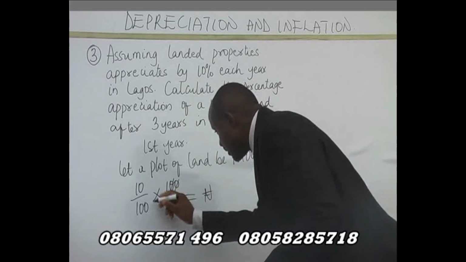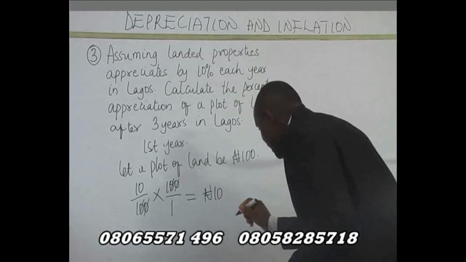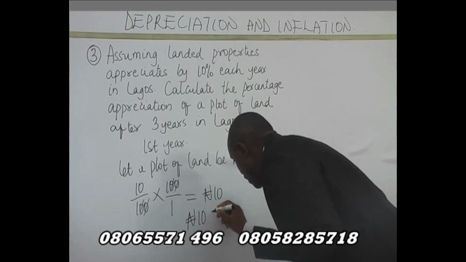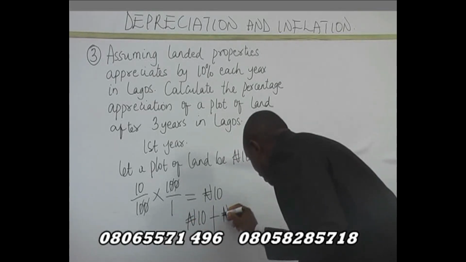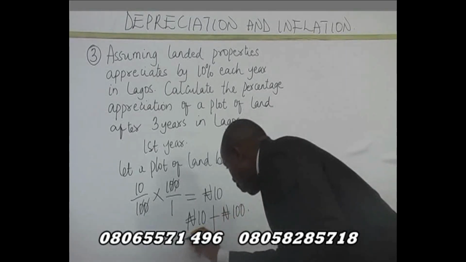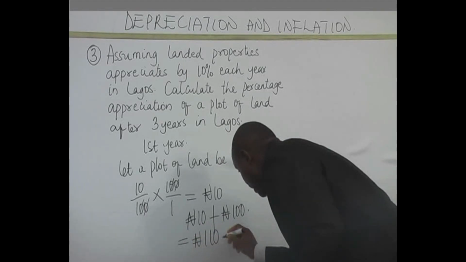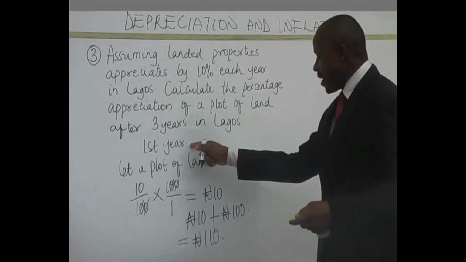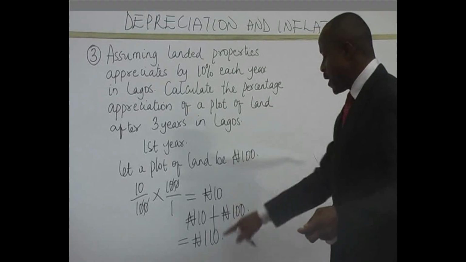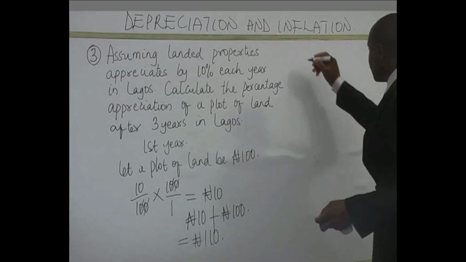Because this will cancel this, this will cancel this. You'll be left with 10 naira. Now, if you add this 10 naira and 100 naira, which is the value of a plot of land, it's going to give you 110 naira. That means after 1 year, a plot of land that has a value of 100 naira will now become 110 naira. Then the second year,